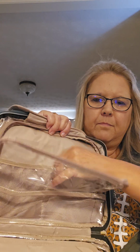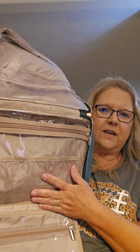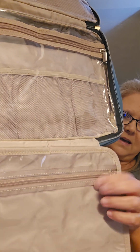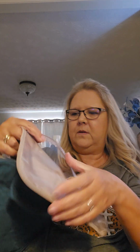It has mesh pockets. They stretch, so depending on what you want to put in there. And then this little thing folds down, and there's another section to it. So this section here has a zipper. I think it's clear too. I think you can see through there. Yeah, it is. So it folds all back up